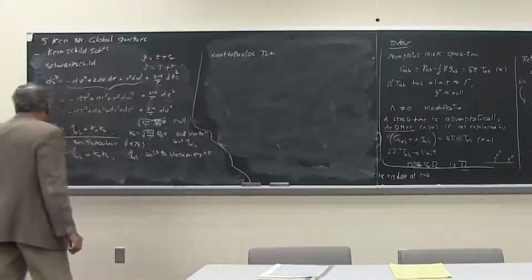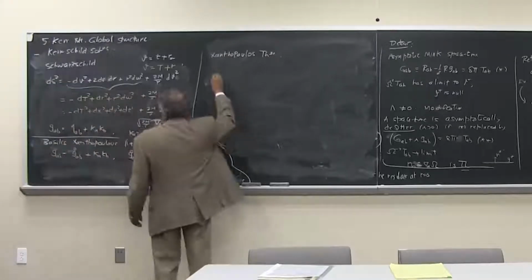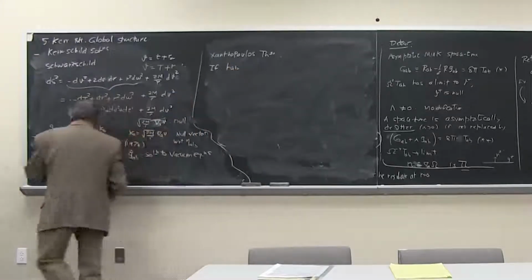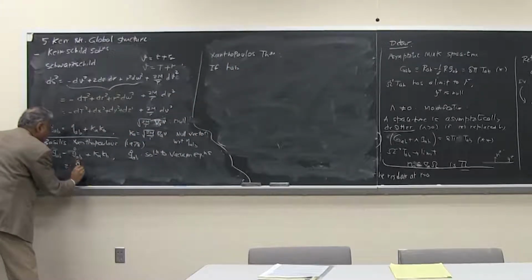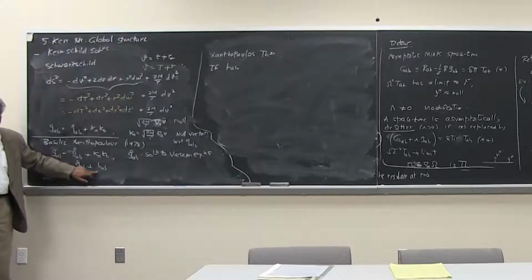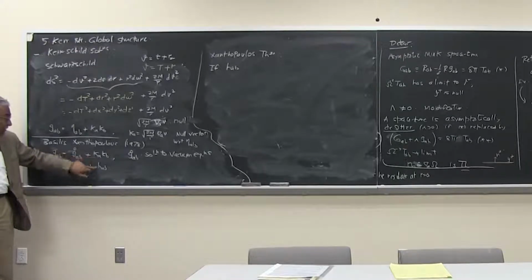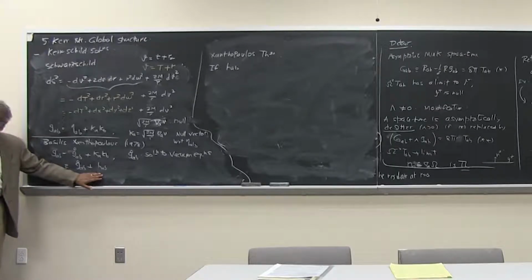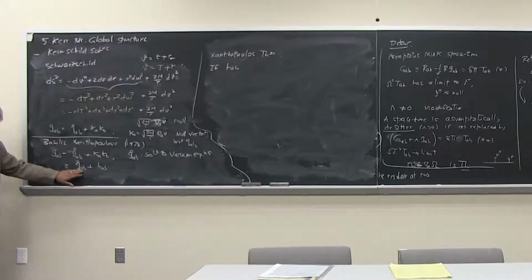He showed that if you think of this as G naught AB plus HAB. I'm just calling this HAB. There's no new content to this. So I have a vacuum solution, and what he showed was that if this HAB is a solution to the linearized Einstein's equation of this background, then G naught plus H, or G naught plus KK, is an exact solution.